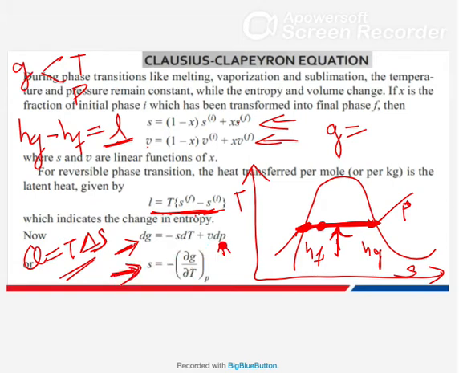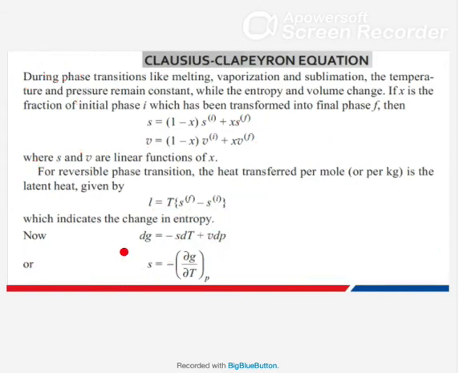If you assume pressure is constant, this term will be 0, and what you will get is dou G by dou T equals minus S. Is it clear? At least this one, is it clear how to get this equation? From here you put pressure constant, dP will be 0, then you can write dou G by dou T at constant pressure equals minus S.